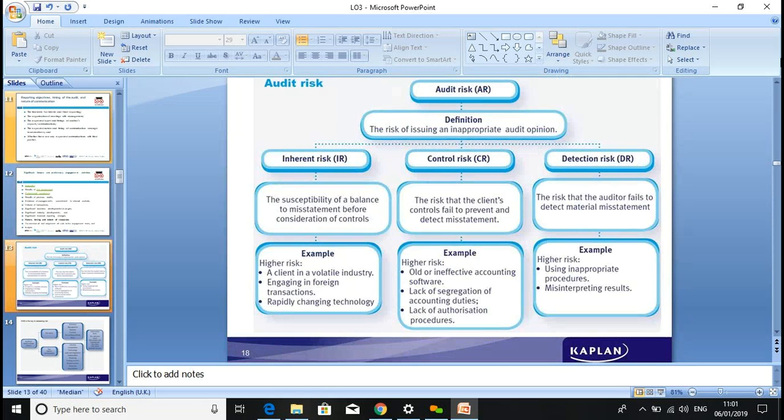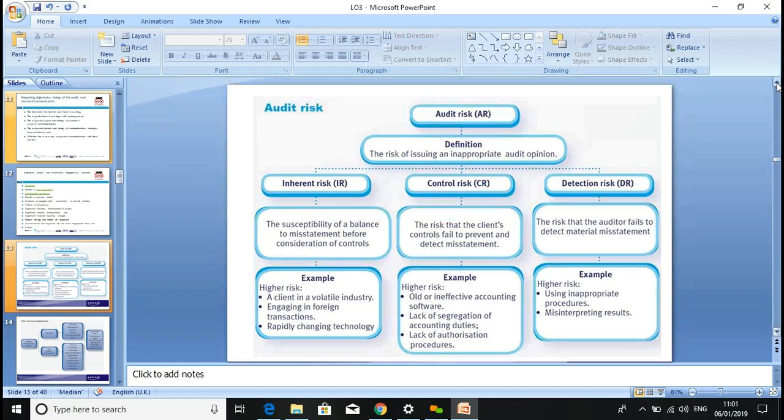No, sir. Okay, when you write your assignment, you need to be focused. I'm using these slides. So this is audit risk. What is meant by risk? The probability of something happening. Yes. So this is your learning outcome 4, which is based on audit risk. Risk means the probability of something happening. By definition, audit risk is the risk of issuing an inappropriate audit opinion. So in an audit, the risk is that we develop an inappropriate opinion.